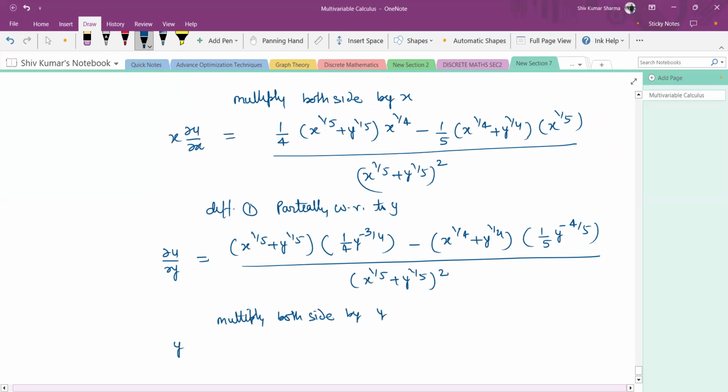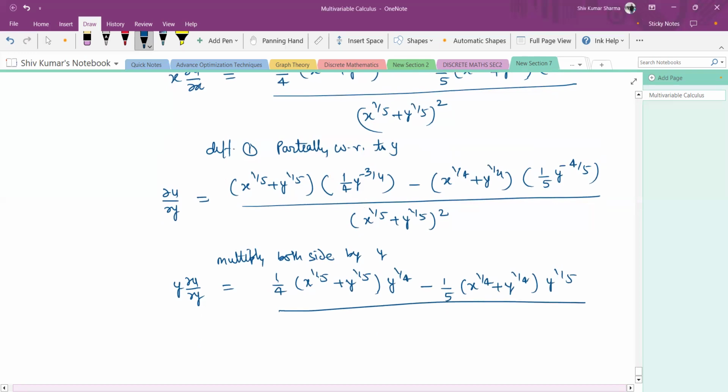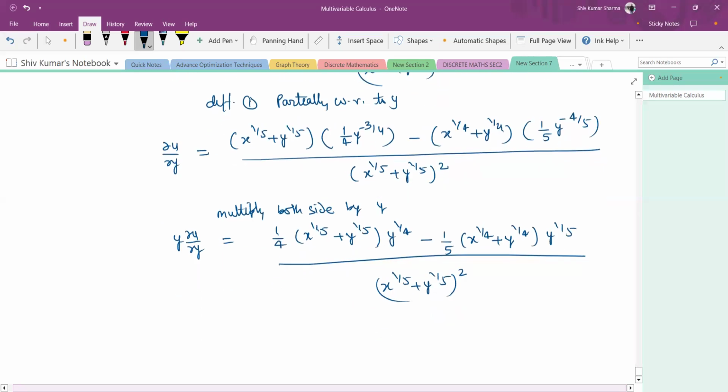So we get y ∂u/∂y is equal to (1/4)(x^(1/5) + y^(1/5)) into y^(1/4), minus (1/5)(x^(1/4) + y^(1/4)) into y^(1/5), upon (x^(1/5) + y^(1/5)) to the whole square. Now, when we have calculated x ∂u/∂x and y ∂u/∂y,